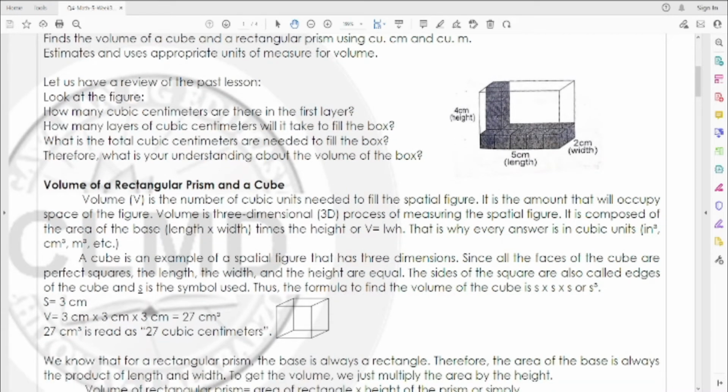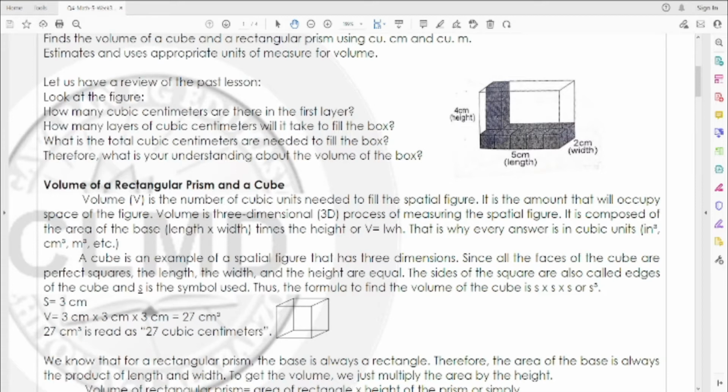Volume is the number of cubic units needed to fill the spatial figure. It is the amount that will occupy space of the figure. Volume is three-dimensional. When we say three-dimensional, we call it 3D. It is the process of measuring the spatial figure. It is composed of the area of the base,